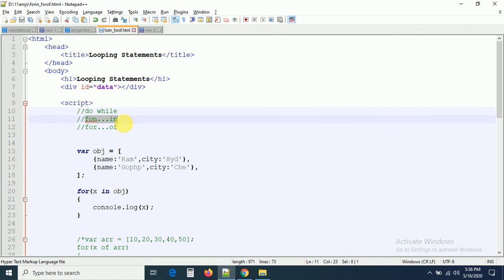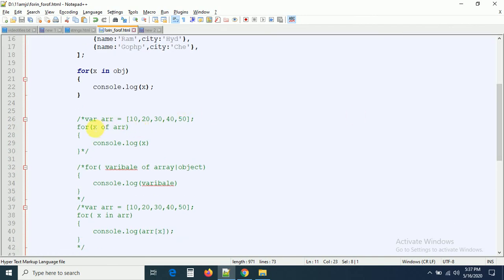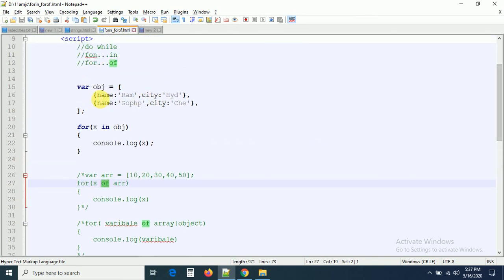For the for of loop, the same we saw in the array, guys, here. If you apply for of, what are you getting in the x value? I am getting the values 10, 20, 30. If you are applying for in here, you are getting the indexes. In the same manner, you can also check it. The value of the array should be an object. If it is an object, then we can go for the for of statement, guys, right? So this is exactly while and do while